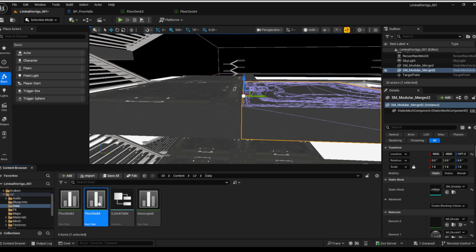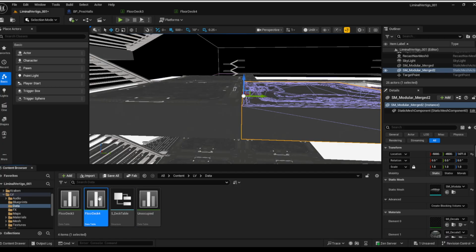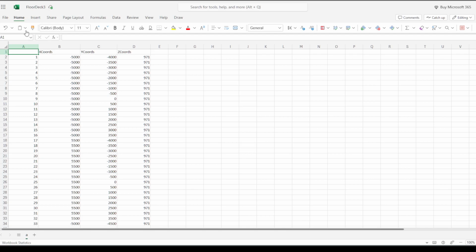And why am I doing that? Because it is so much easier to change this data. Because right now, the only way to change this data is manually one by one, going through every single one of these. But if I can just export it as a CSV, call it deck 4, floor deck 4.csv, right? And then move into spreadsheet,